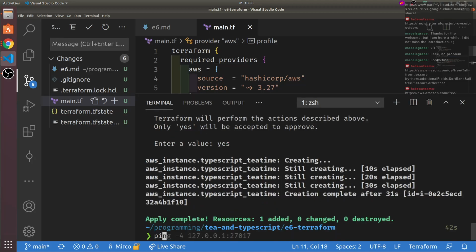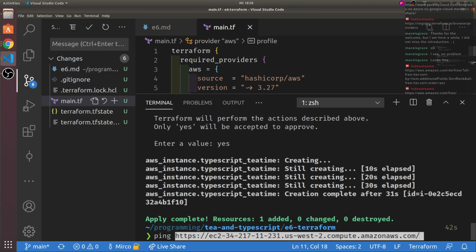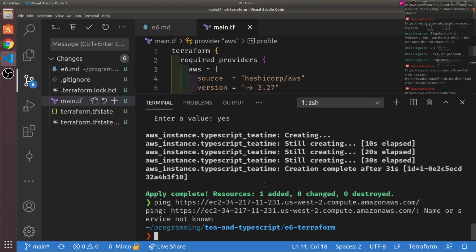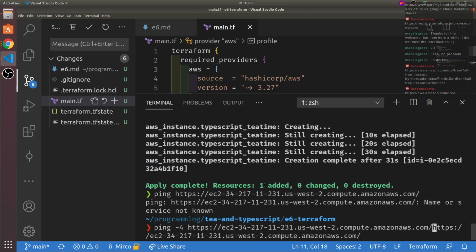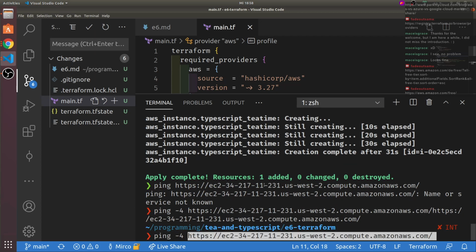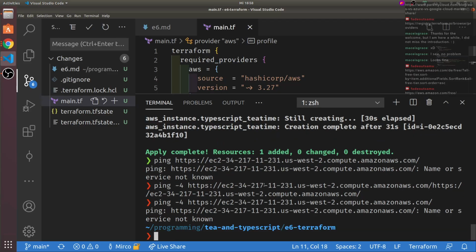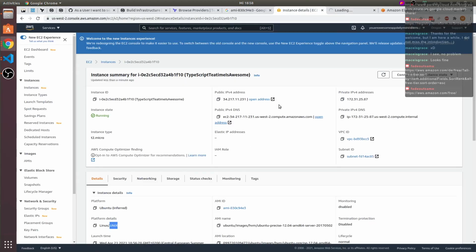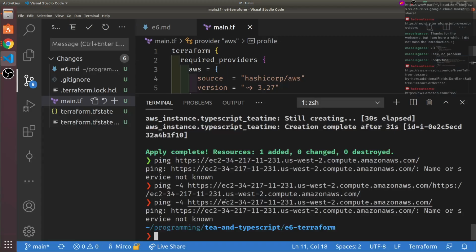If we do, let's see, ping this, do it, not known. Ping -4. Oh, my bad. So ping -4 uses IPv4 instead of 6, not known. If we provide the address, does that work?